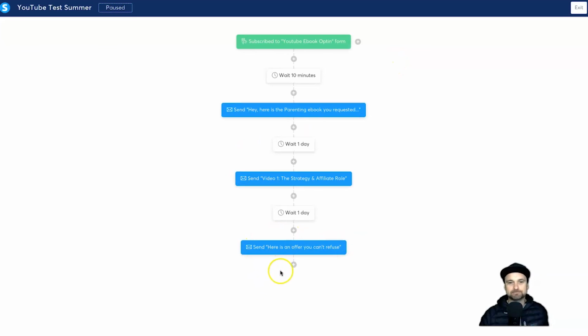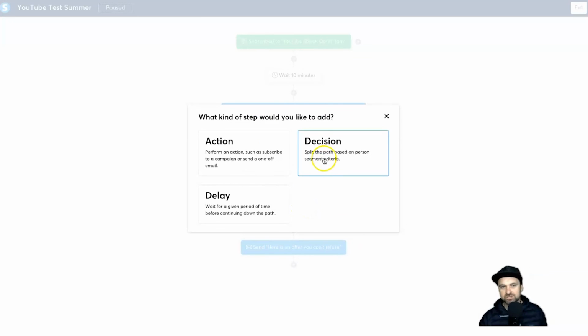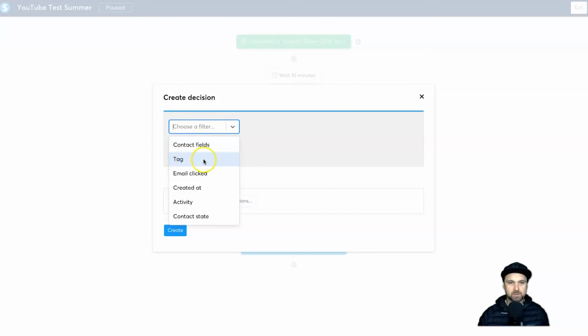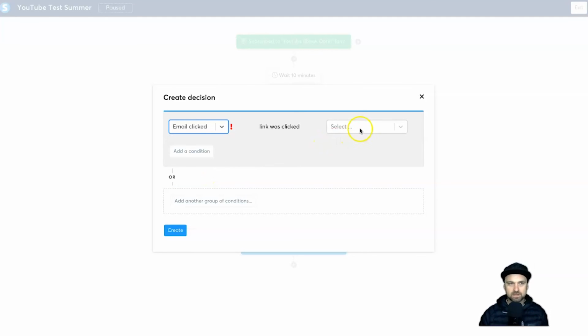And that's basically it. Now, just to quickly show you the decision, just so you understand what it is. What it basically means is it gives you an option to segment what people do within your emails. So for example, we've got here contact fields. If they change, you can target those particular people. If their tags change, if their emails get clicked, if it's created or activity or anything like that's changed, majority of the time it's going to be email clicked. So now it's going to ask what email do you want to track that's been clicked, and you choose the email that you've put inside of your